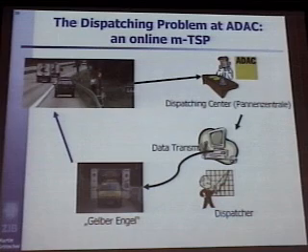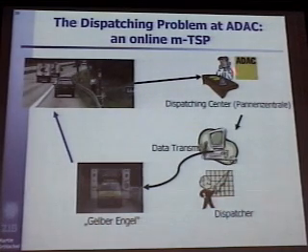And you have to dispatch them all the time. And they were not doing a good job, and the ADAC was losing money, and now we have set up a software system that does that automatically. So when you break down on the German highway, you call them up, we compute which car will go and pick you up. Okay? This is online, because you see what the difference now is.